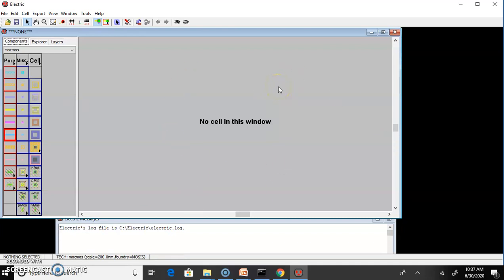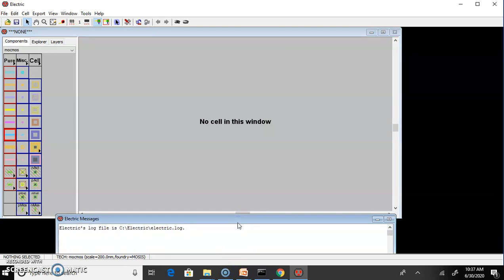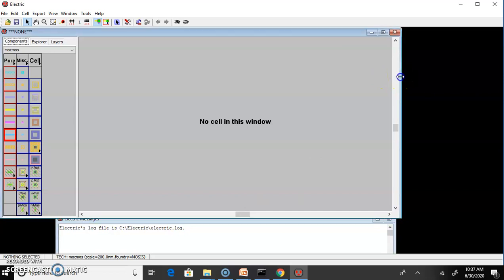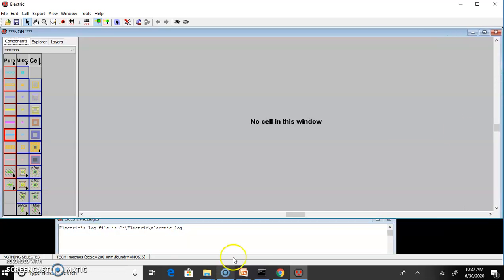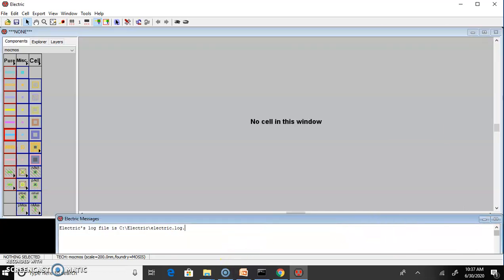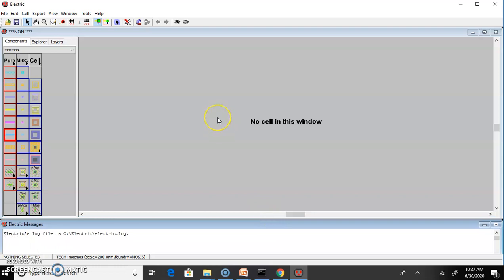In right panel, socket will be created and below you can find message window. You can adjust this windows so that whenever any error occurs or whenever you check DRC, your messages will be visible to you.